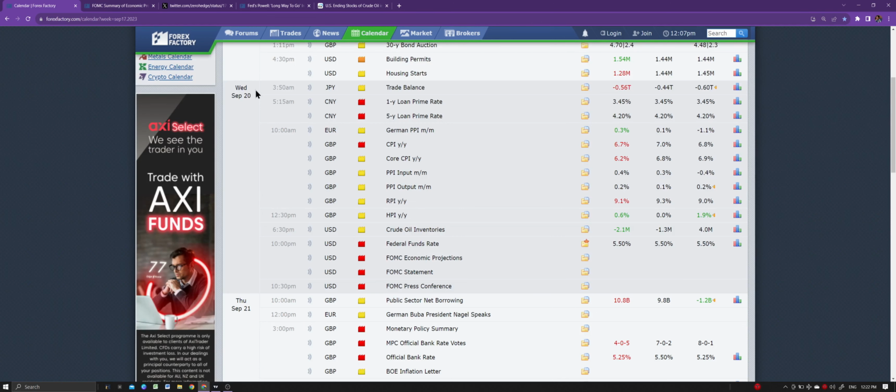Also on Wednesday we had the dollar. The dollar had FOMC meeting, which is extremely big to decide the rate hikes or cuts or even pauses. So the Federal Reserve actually decided to pause rates on Wednesday. In fact, the whole market was actually expecting a rate hike by 25 basis points, but the Federal Reserve chose to pause rates, right? So this was initially a bearish indication, that if they wanted to pause rates, that means they actually believe that the market doesn't require more rate hikes possibly, right?